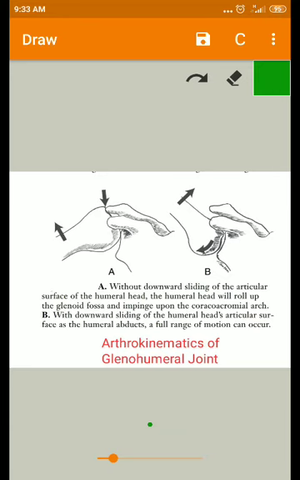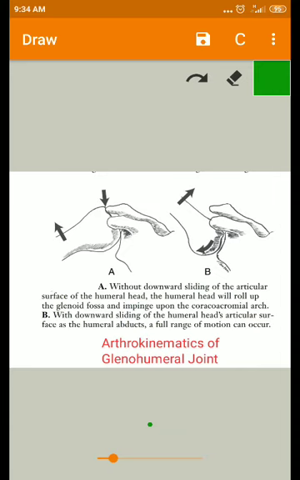As I told you, this is not a pure spin, but it is accompanied by a combined rolling and